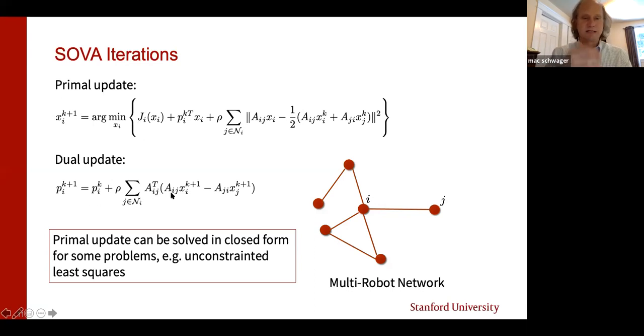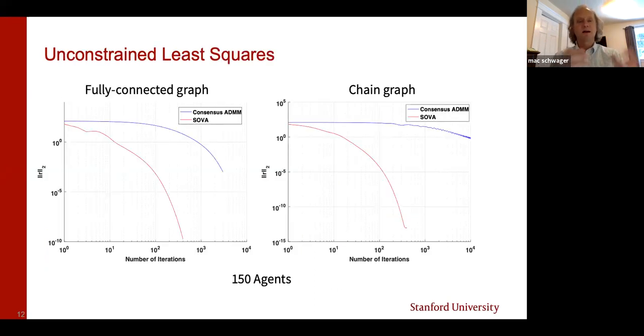And then the dual update, as I said, you just figure out what is the dual, you can compute this in closed form, what is the gradient of the augmented Lagrangian with respect to the dual variables, and you get this very simple update rule, which depends on the solutions of the primal steps of your neighbors. So you have to communicate those solutions to your neighbors to be able to perform the dual update. So that's the outline of this algorithm that we've proposed called SOVA.